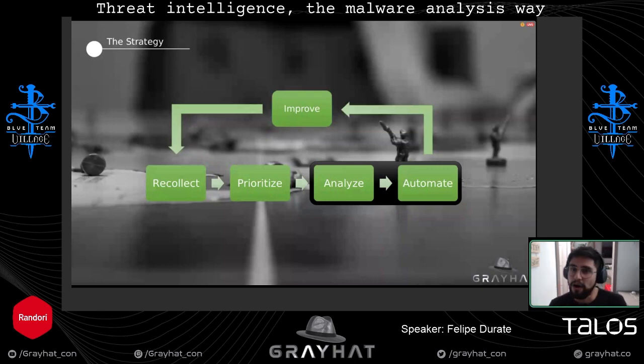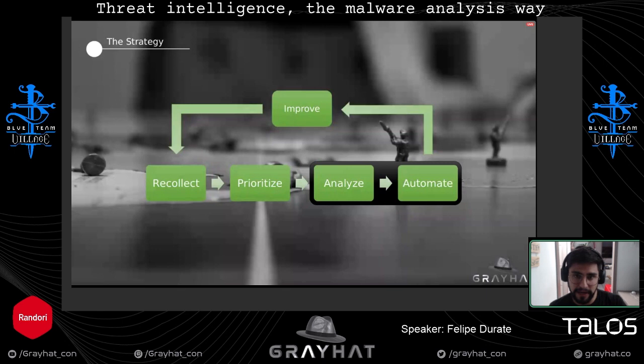Or probably you need to speed up your analysis, so you need to change some things during the analysis. And about the automation, every automation probably has bugs, so you need to make some changes. So this is the strategy I propose. We are going to focus especially in this workshop on the analysis and automation.